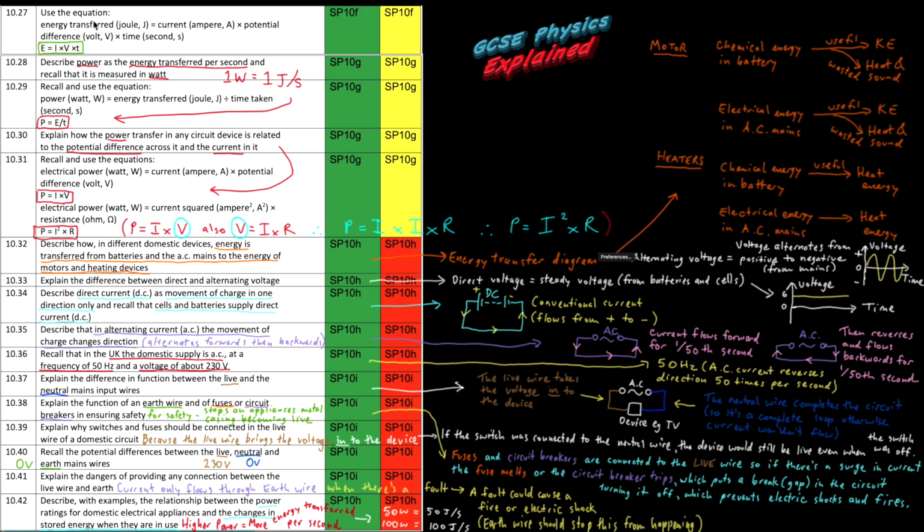10.27. Use the equation energy transferred equals current times voltage times time. So E equals IVT. I prefer E equals ITV because in England ITV is a TV channel and I say